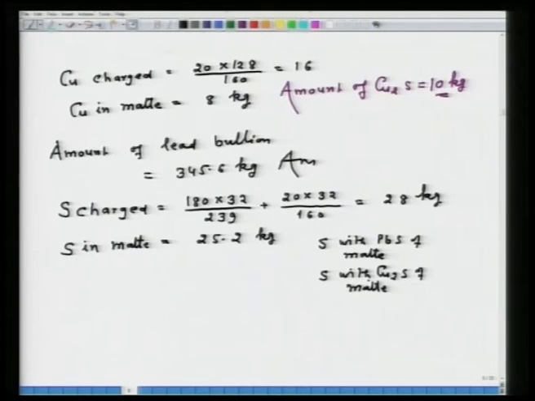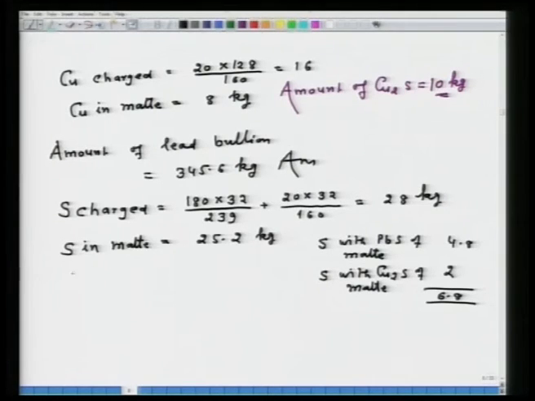That is how much lead is entering into the MET, how much copper, that calculation we have done earlier, and that total sulfur which is with PbS and Cu2S comes to 6.8, here it is 4.8, and that is equal to 2,